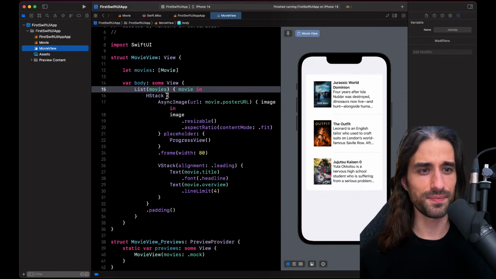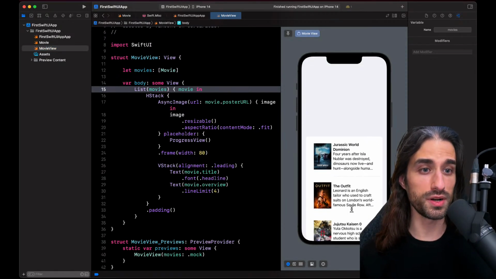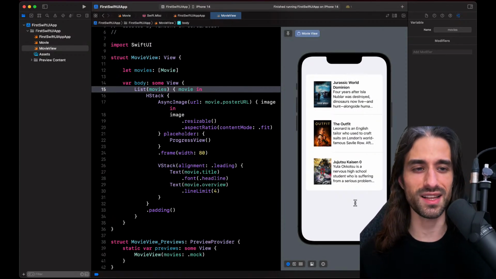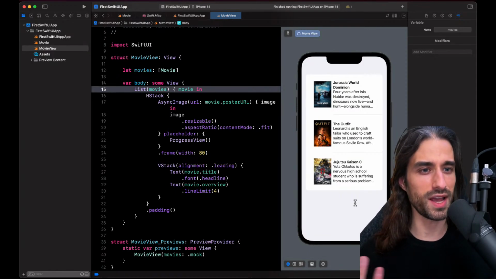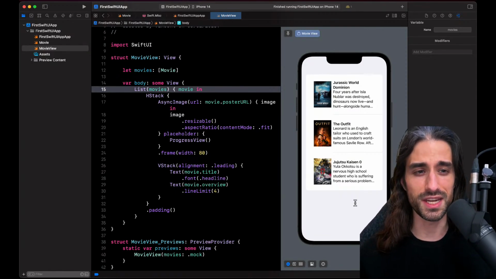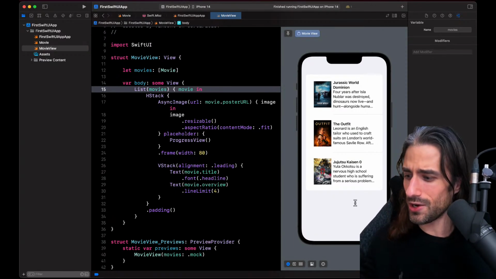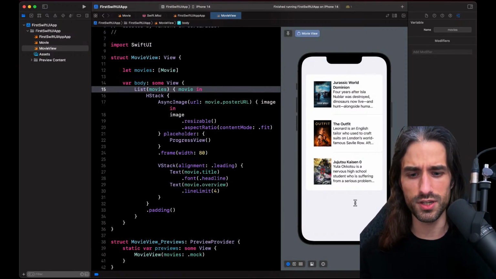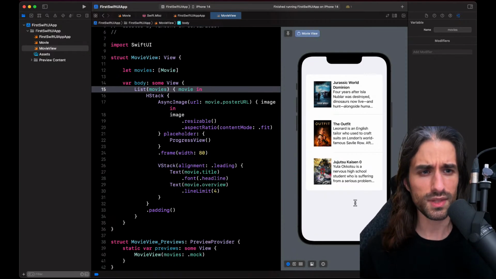And so we have our list that is working. It's scrolling. There is not enough data yet to have a real scroll where you display new cells as you scroll, but as soon as we implement the actual API call, that data will be here. But for now, everything is ready. Okay, what else did I want to do? I had written in my outline to talk to you about navigation view right now, but I think that's not a good thing. I will talk about it later when we introduce the detail view. So let's get started and let's implement the API call.